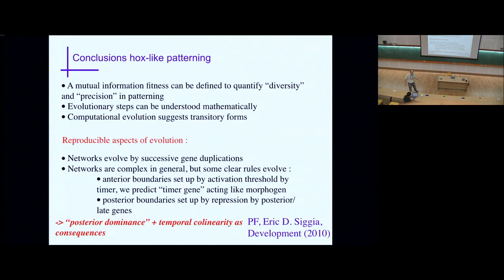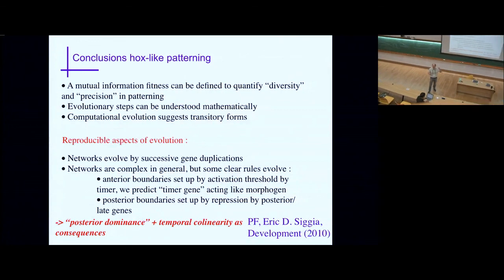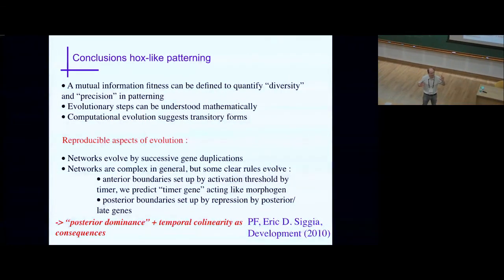For the bistable element, it's the same. Notch-Delta signaling is clearly implicated in the definition of the stripes, so Notch-Delta would be a good candidate for the bistability. The real problem is that there are too many candidates. It's a huge problem in this field because everything is oscillating, everything looks bistable, and if you make a mutant for one gene in one species, it often does not do anything. Essentially the networks are probably different between species. That's also why it's important to do this kind of work, because the networks themselves are not conserved.